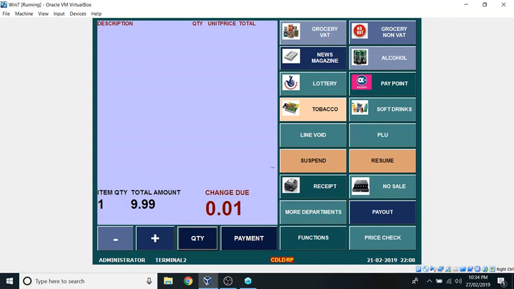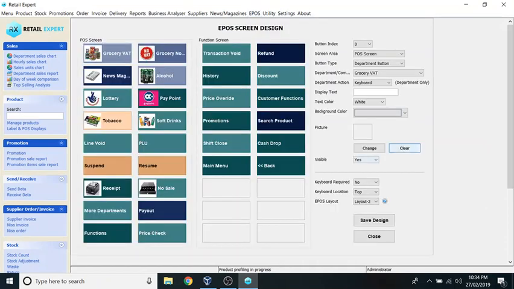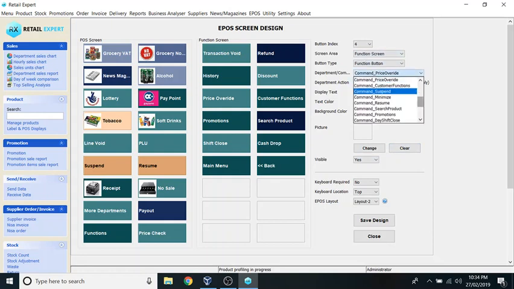There are some more functions like product review, suspend, resume, minimize, credit card charge history, payout, refund, promotions,